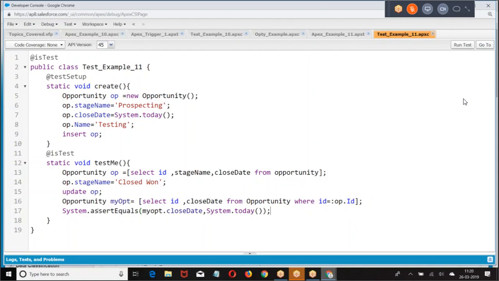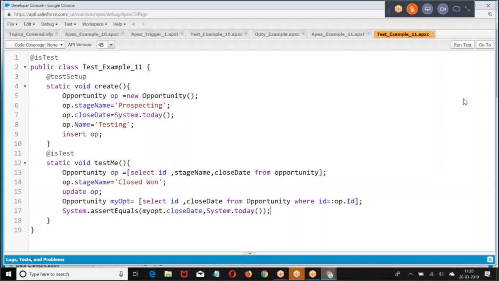This is what we are taking. I hope you are good with this. Here I'm testing it. I have taken an opportunity, modified it. Then if you modify the stage name, trigger will fire. Trigger will modify the close date. If the close date is set as today, yes, my trigger is running properly. Because the logic that I wrote in the trigger is to verify whether stage name is modified or not. If it is modified, I ask you to set close date equal to today. If the close date is set as today, yes, trigger was running properly.